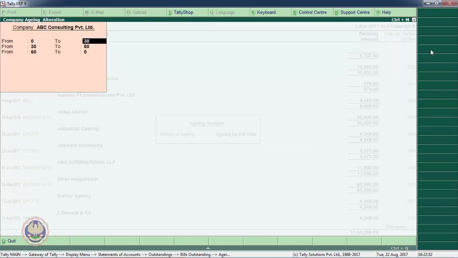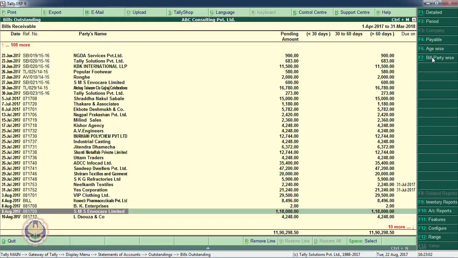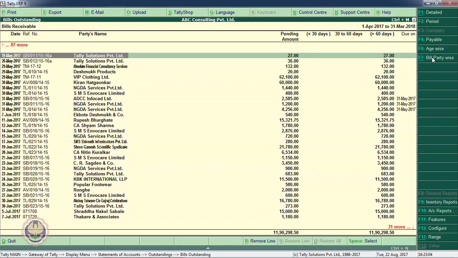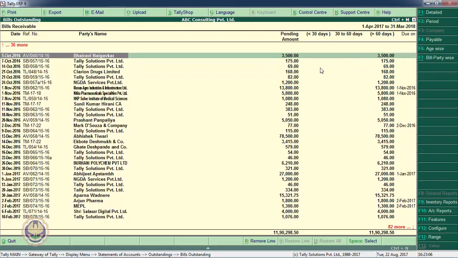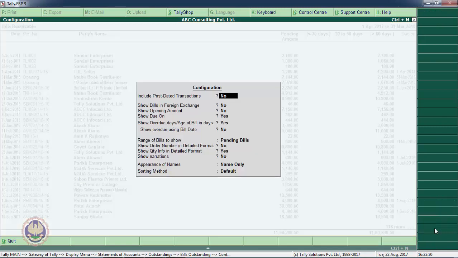I can decide my aging period 0 to 30 days, 30 to 60 days and more than 60 days. I can get a view like this. Let us go to bill wise. This is the list. So total pending amount less than 30 days, 30 to 60 days and more than 60 days. At the same time, I am having one more option, that is configure here. I can change the view, I can modify the report by clicking on this configure button.